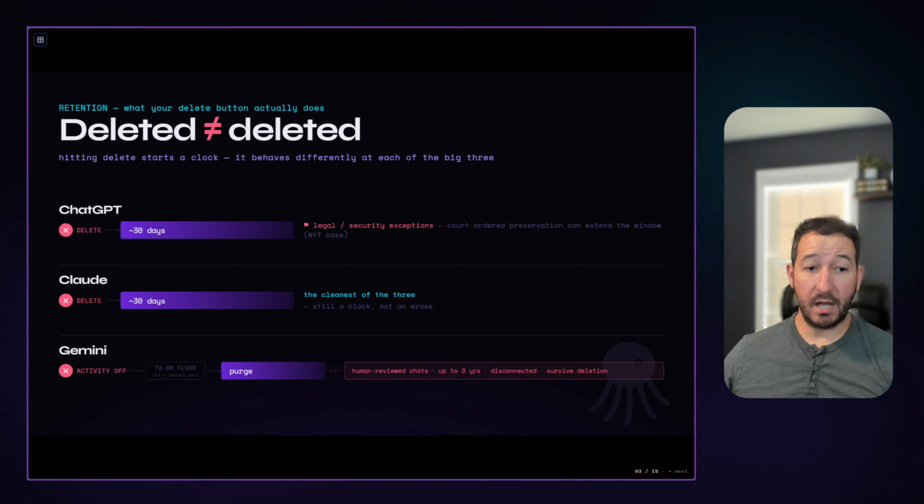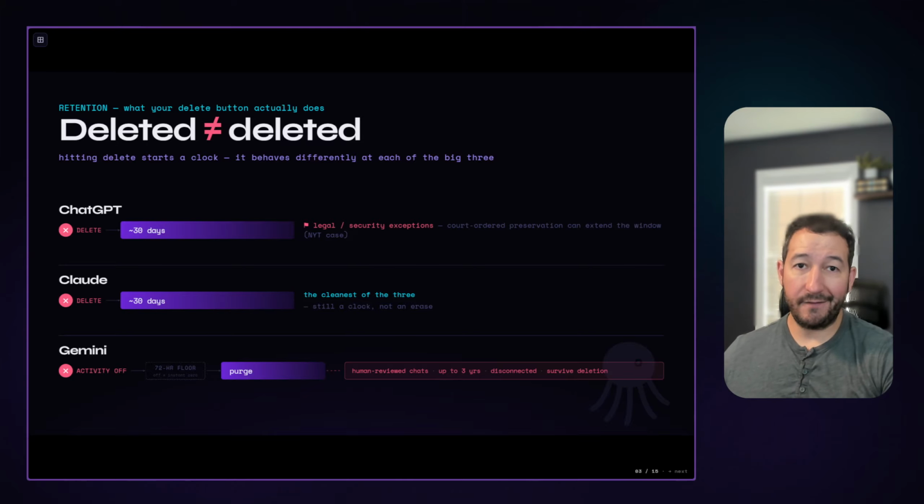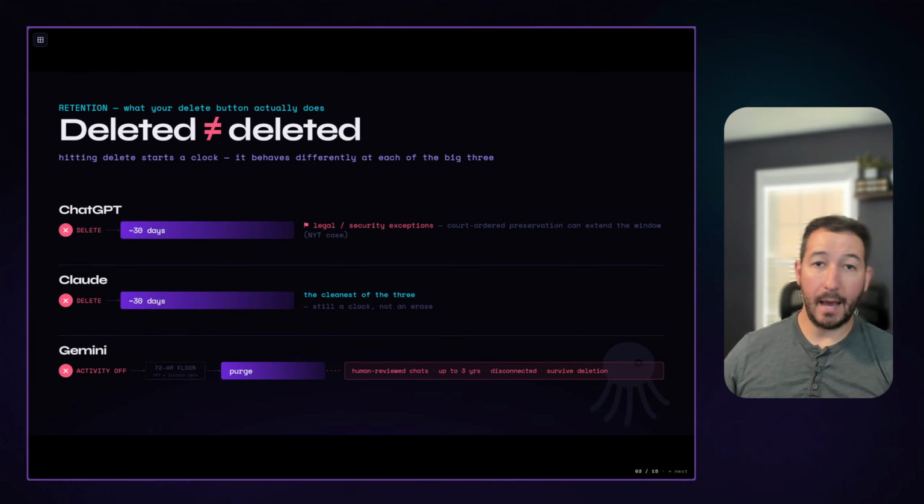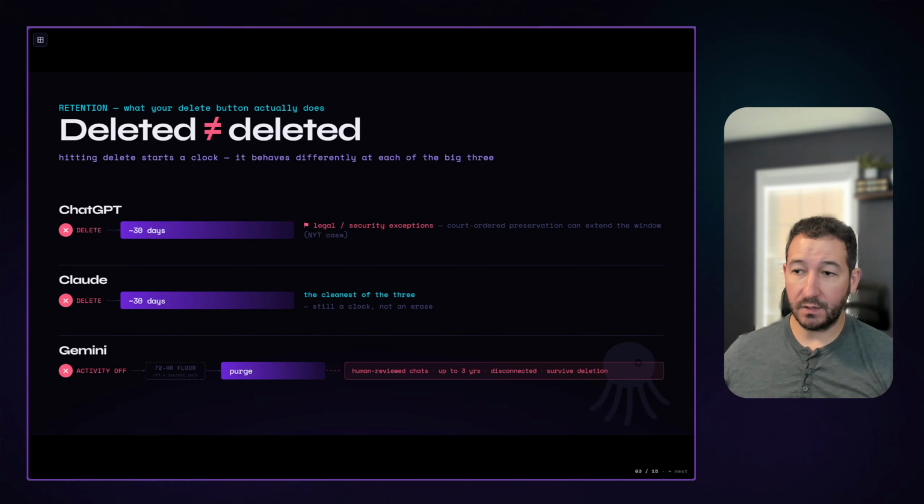And Gemini and Google can also randomly select content, prompts, etc. to be kept for human review for up to 3 years. So even if you hit delete, this human-reviewed data retention can be up to 3 years, regardless of whether you've deleted it or not.